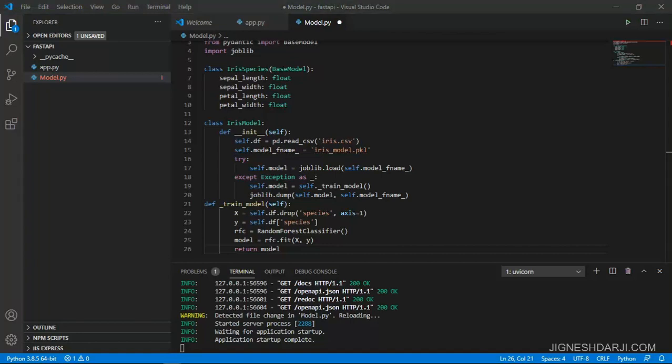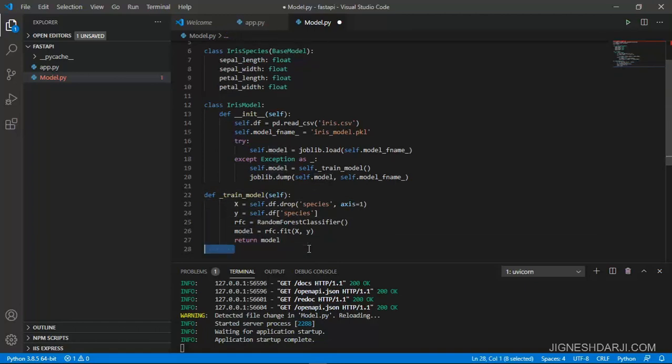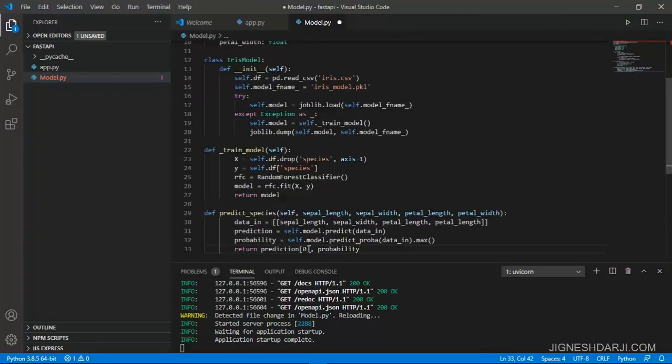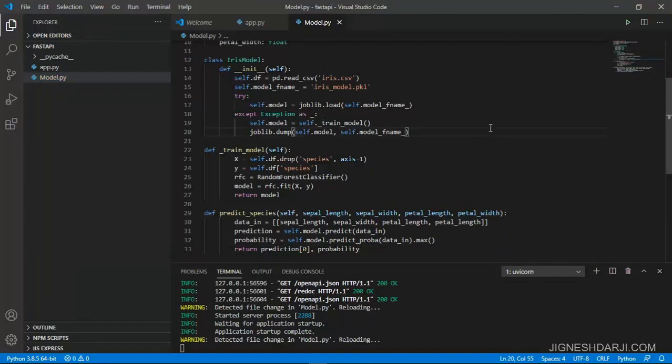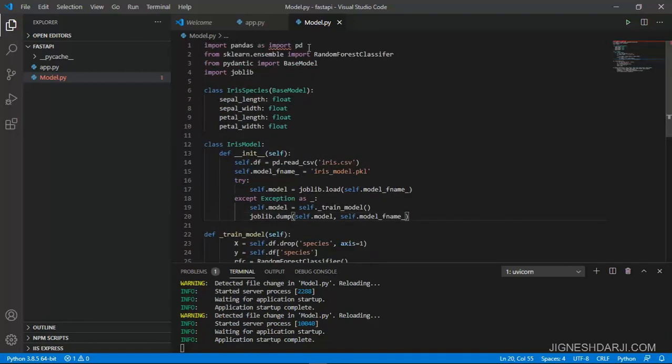And if that record is not present in the joblib library, then in the exception block we create a train model and dump that trained model into joblib. So it is something like we automatically train this model along with some new records as well. Inside this train model we use some specifications and some records to dump into joblib.